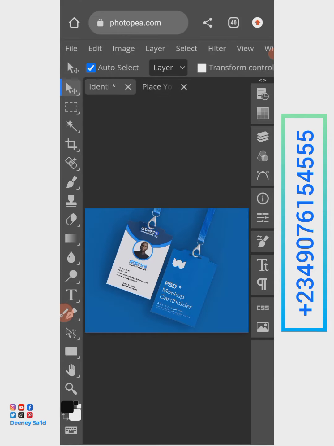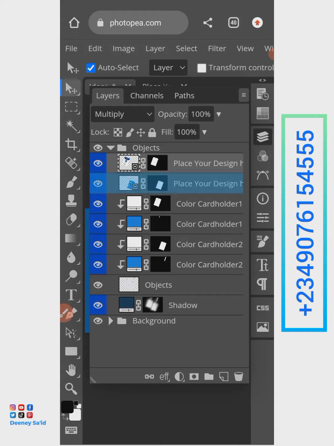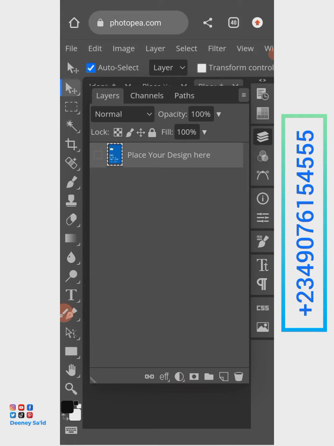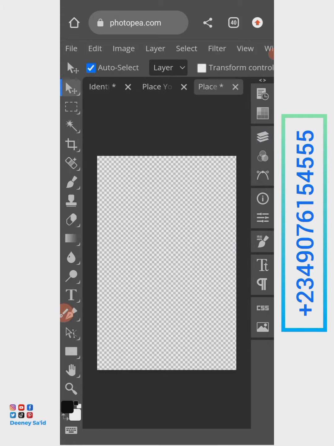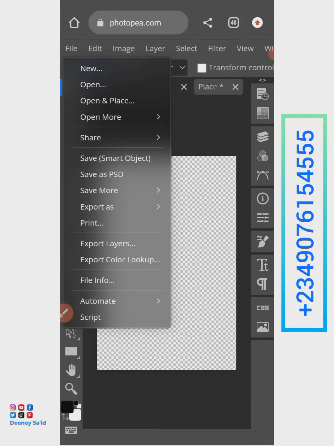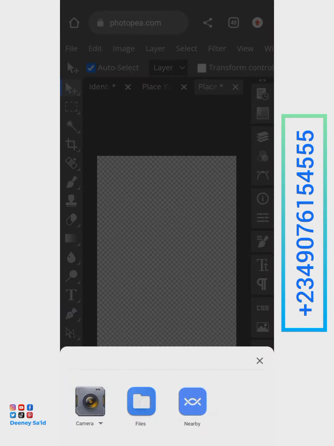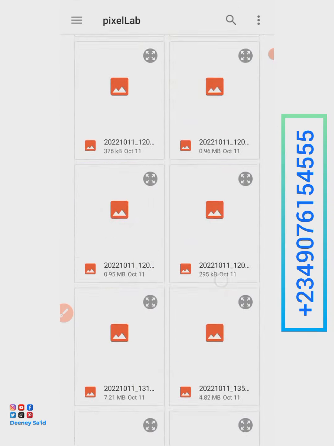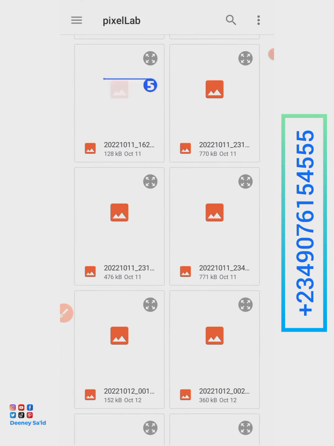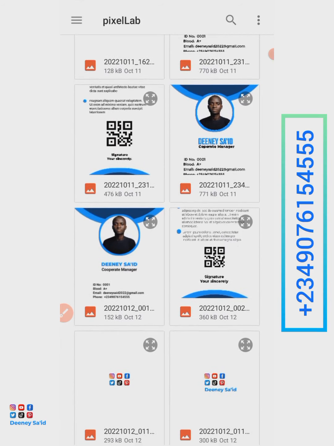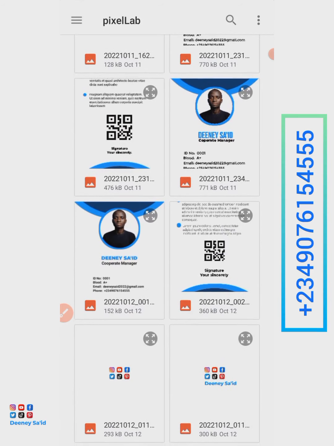Okay, so for the second one, I'll double click. Okay, this is the second one. I'll double click the second one now. Double click and hide. Click on layer again. Click on file, open and place. My files, Pixel Lab. Okay, Pixel Lab. Need to load quick, please. I'll click on this. I don't know what is wrong with